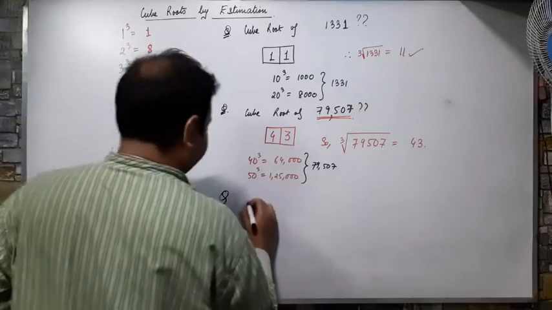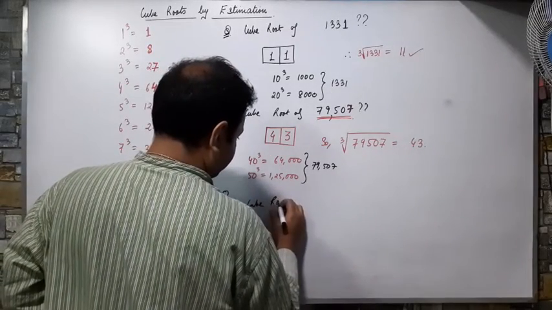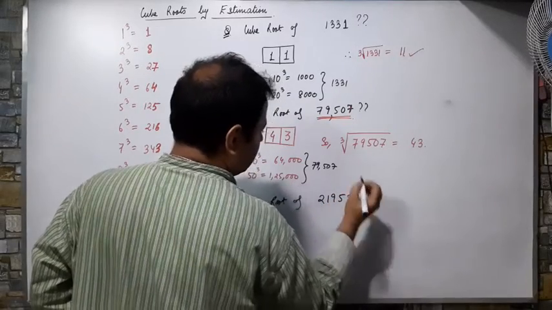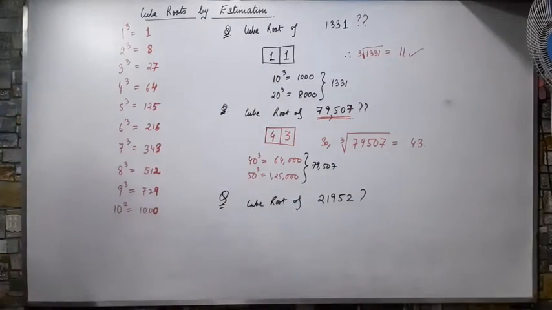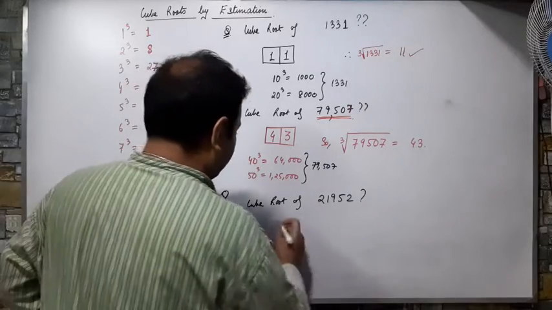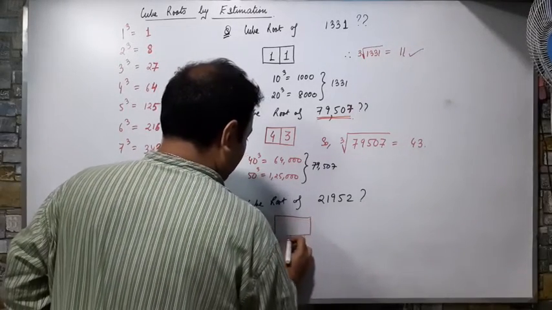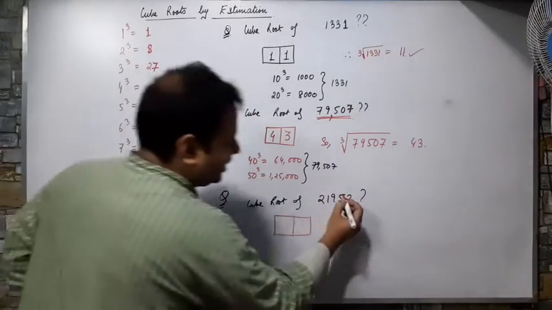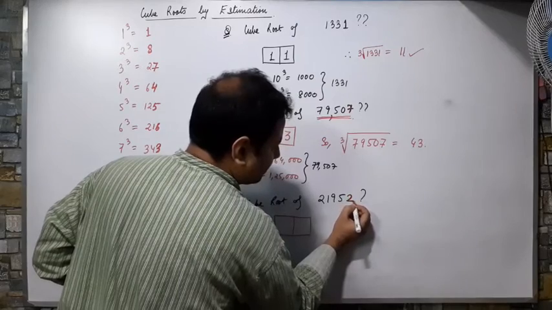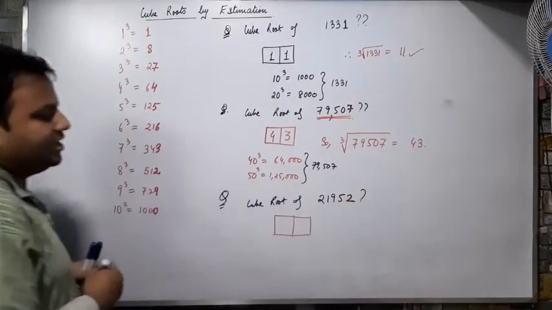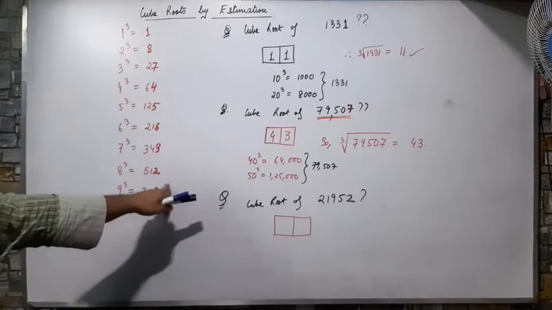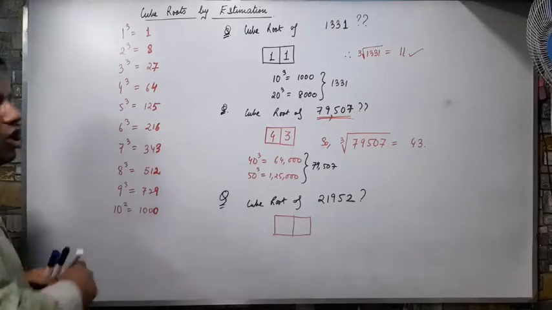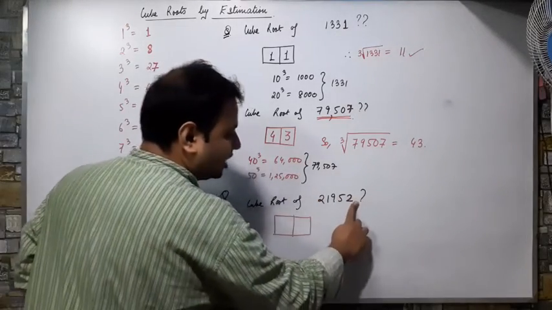Find the cube root of 21952। This also by using estimation। কি করে? Again as usual I will draw 2 boxes, one for the ones digit and one for the tens digit। তো এবার দেখতে হবে এর লাস্ট ডিজিট কি? The last digit is 2। So see here, এখানে 2 কার লাস্ট ডিজিট আছে? 2 এর লাস্ট ডিজিট এইখানটায় 512। That is the cube of 8।